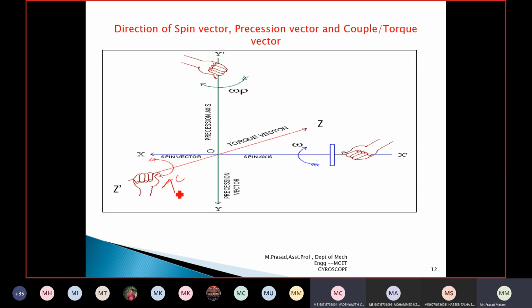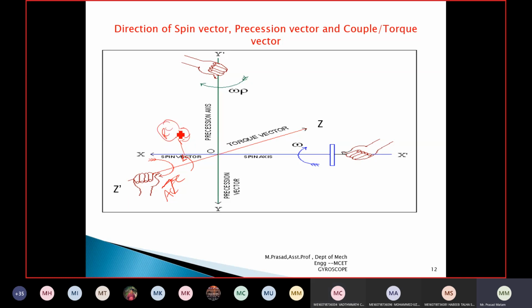So this is my active couple. This is rotating in clockwise motion. To overcome this, what am I going to do? I will put one more couple which is rotating in the anti-clockwise direction. This is called the reactive couple. This clockwise motion is called the active couple. To maintain stability, we are putting one more couple which is moving opposite to this active couple. This active couple is moving clockwise. I am putting one more couple, called a reactive couple, which is moving in the anti-clockwise direction.